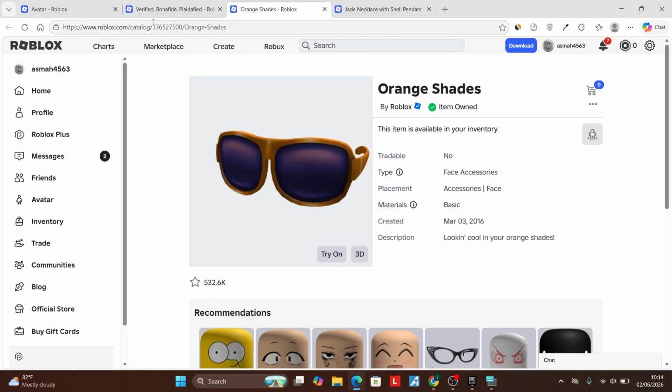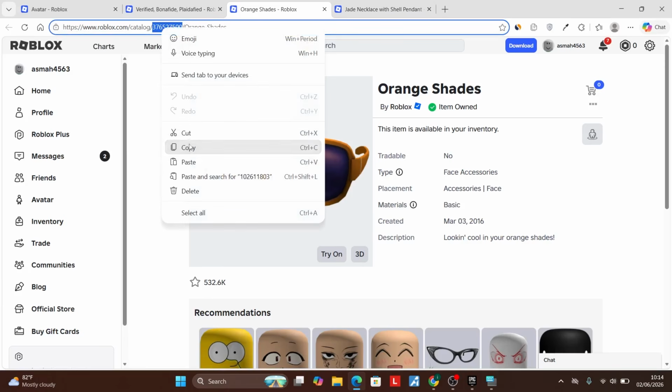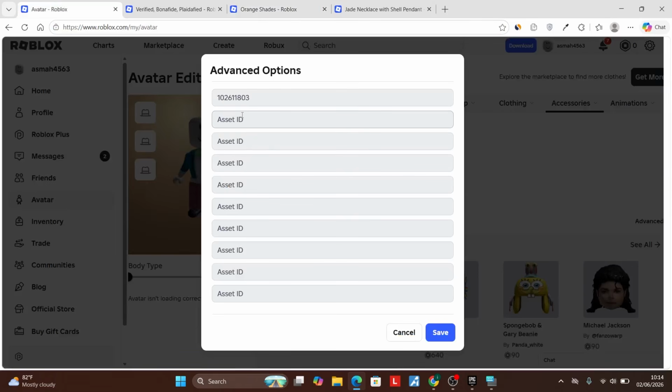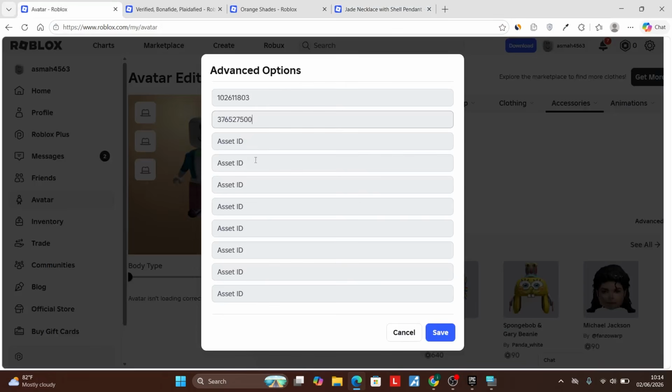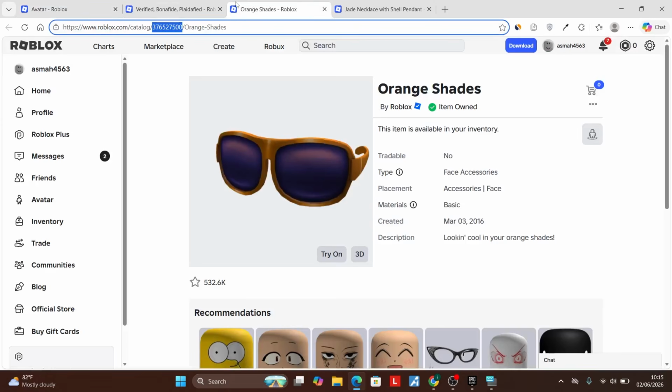So you'll have to copy this asset ID and then paste it here. Also, you can open this necklace in a new tab. Also, you can copy it, this ID, only copy the ID and then paste it here. So make sure you open multiple tabs if you want to allow multiple accessories, and then copy those ID,